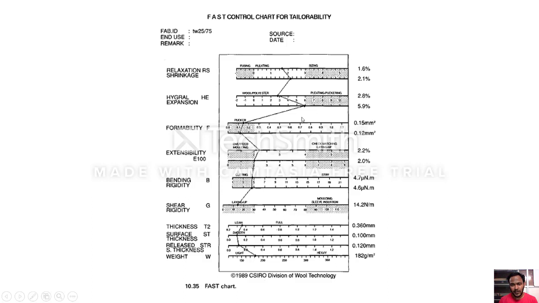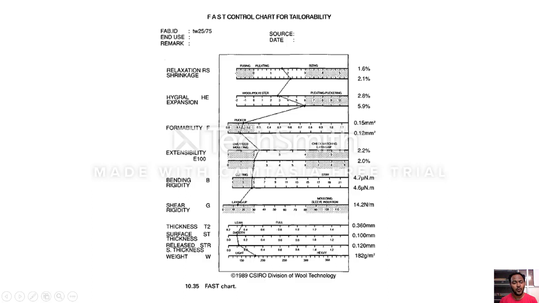But here you do not get that kind of a graph. Here you see this is fine. Relaxation shrinkage is somewhere in the middle, and high girdle expansion is also fine, though the weft high girdle expansion here is a little higher. But if you observe the formability here, the formability is affected both warp and weft wise. You can see the formability value is too low.